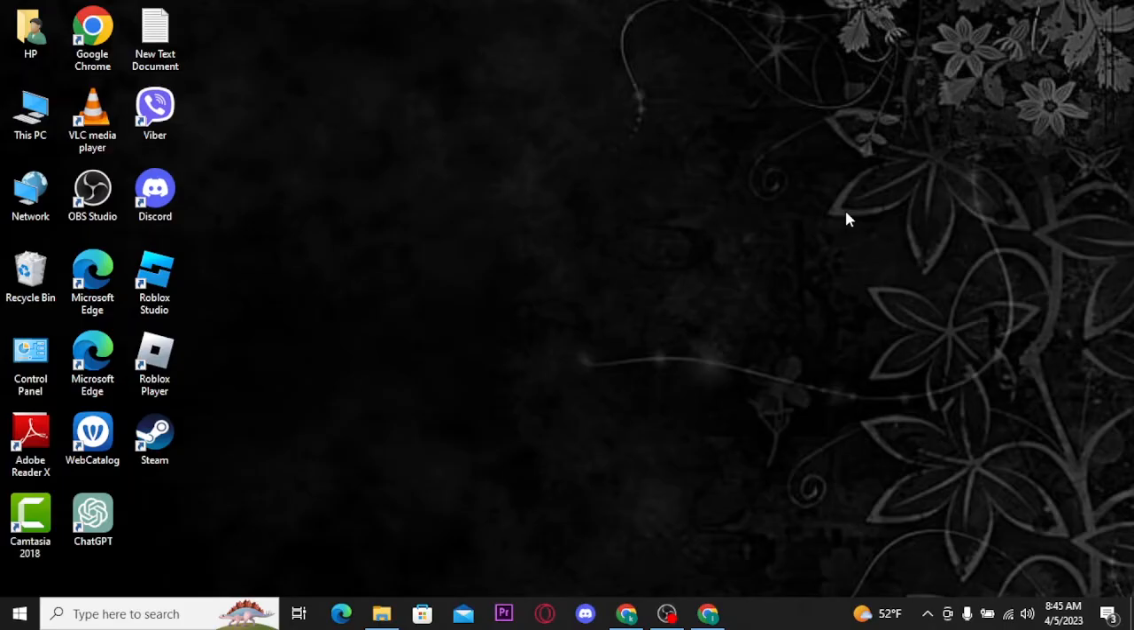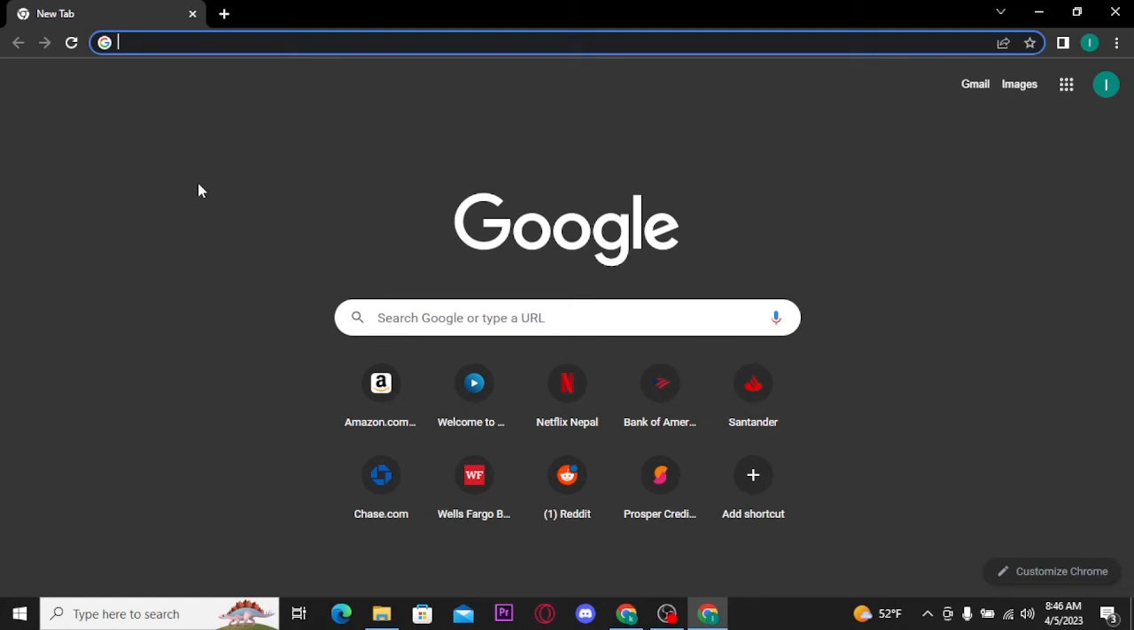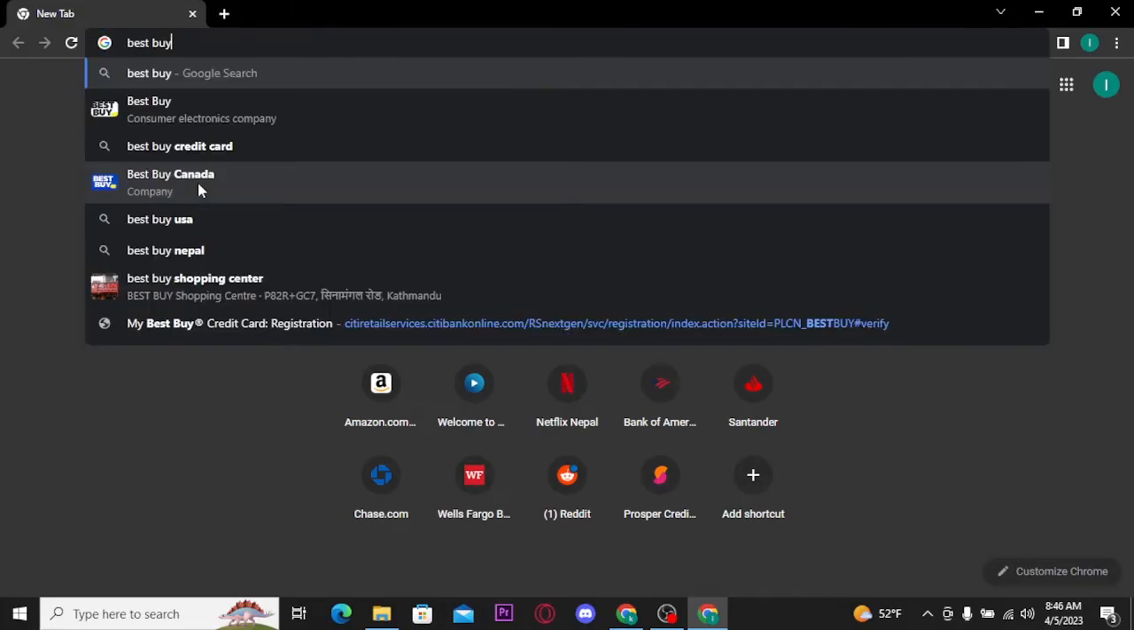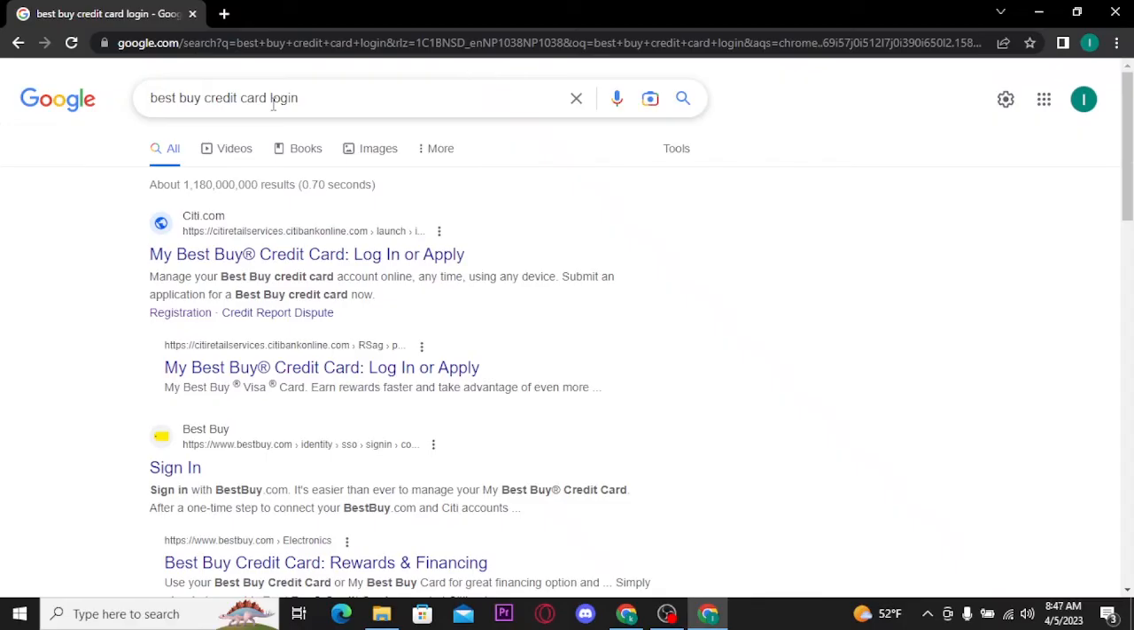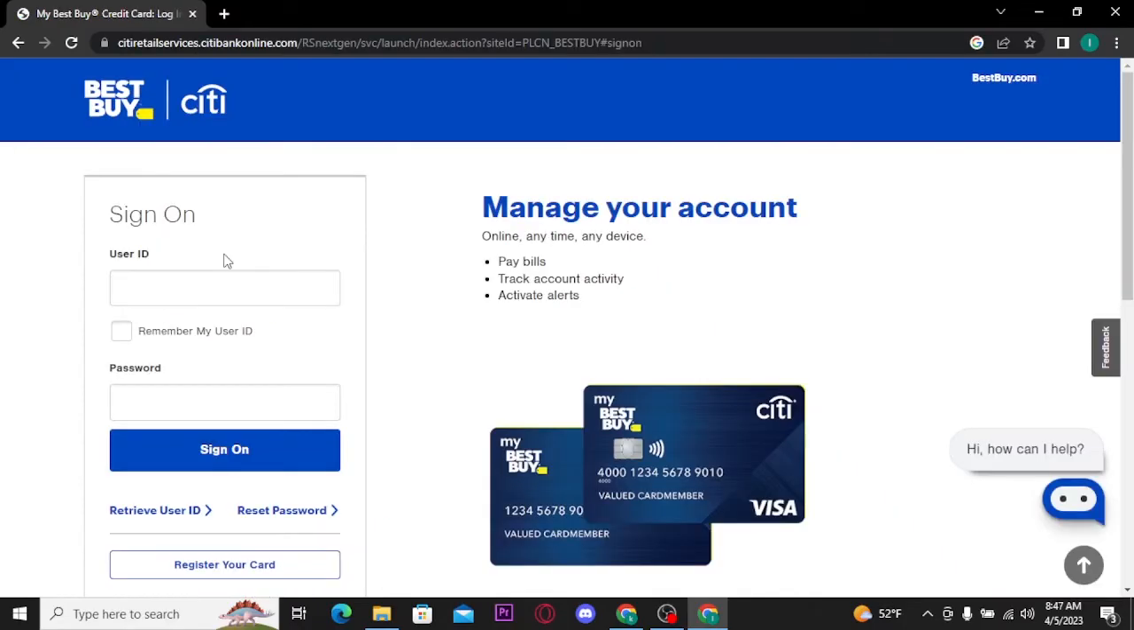Now let's get straight into it. Now the first thing you need to do is to open a web browser on your PC. Now there in the URL bar, type in Best Buy credit card login and press enter on your keyboard. Now from the search result, tap on the very first link and there you will be directly taken to its